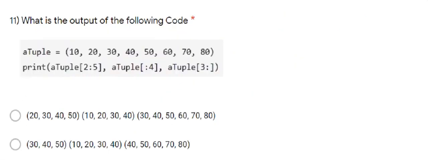The next question is, what is the output of the following code? Here he has given a tuple. These are the elements in the tuple. So simply he is doing a tuple slicing operation. Generally we see the string slicing operation, here he has given the tuple slicing operation. Whether it is a tuple, a list, or a string, the slicing operation is the same. So he wants to print